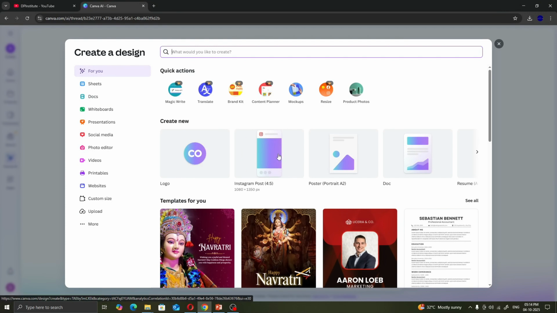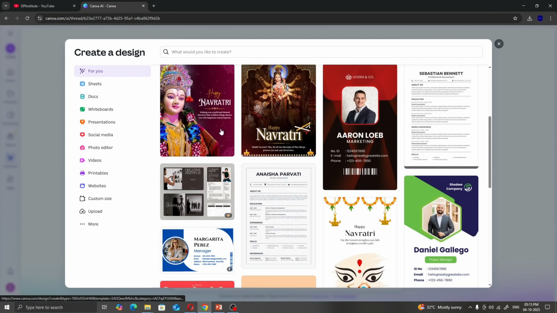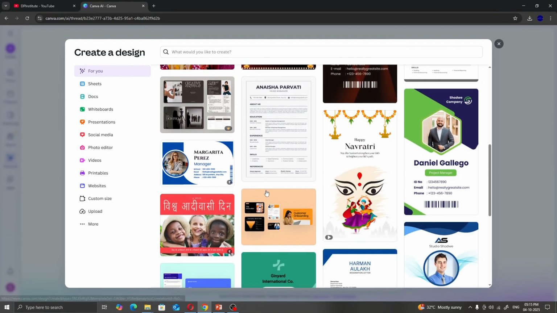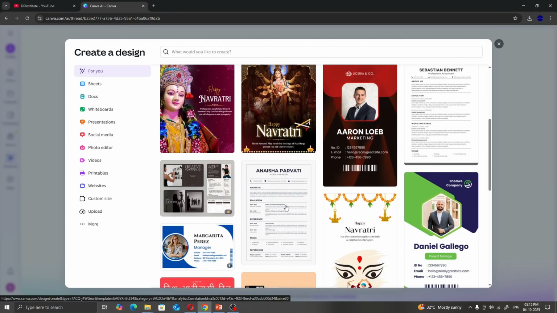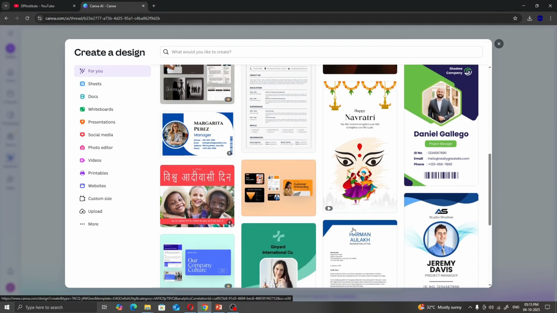You can just go ahead and create those things like poster, portrait, A2 sheet. These things are already in centimeters. The dimensions are already over here. You don't need to put dimensions in your new design. You just need to choose the one according to your need, what you are looking for. And also there are some templates for you guys, if you wanna just edit something. Like recently Navratras has gone, and if you want to make some Navratra poster or any video like this, just click on it and